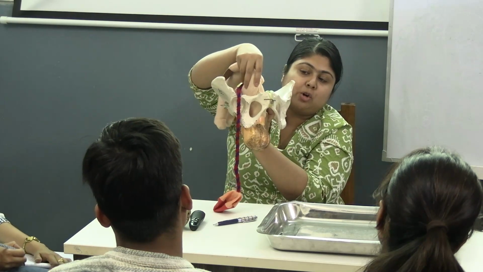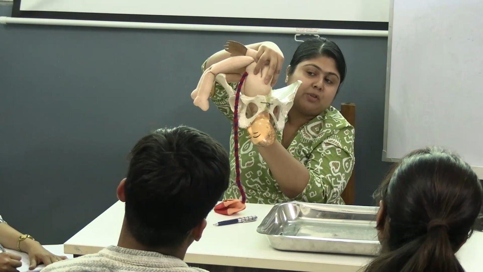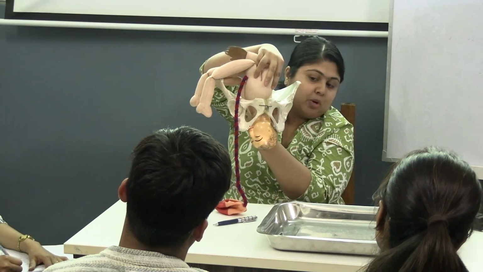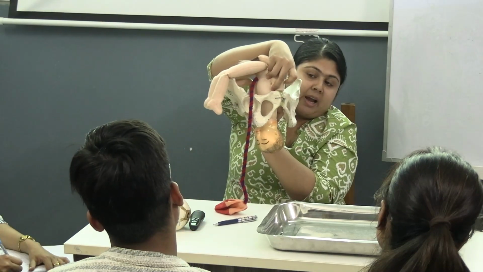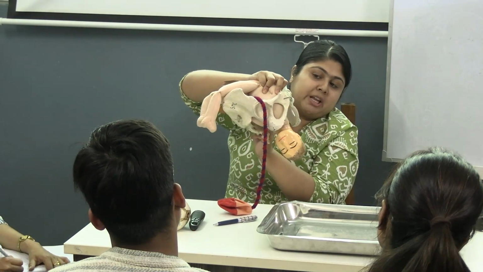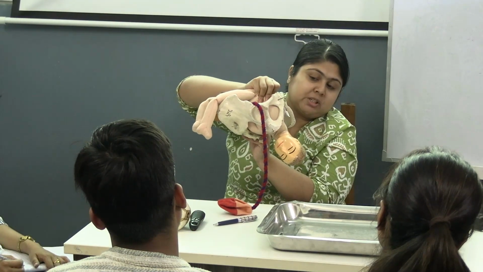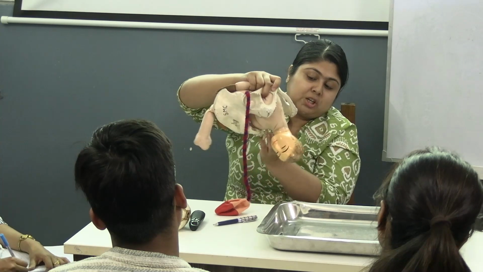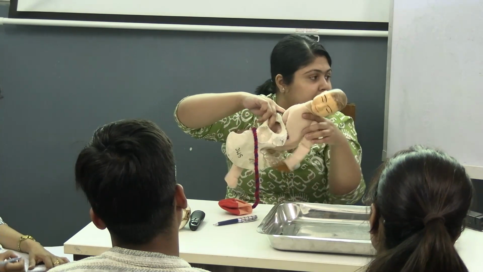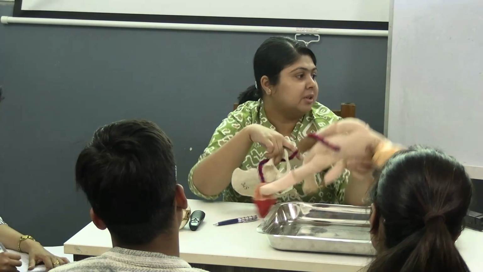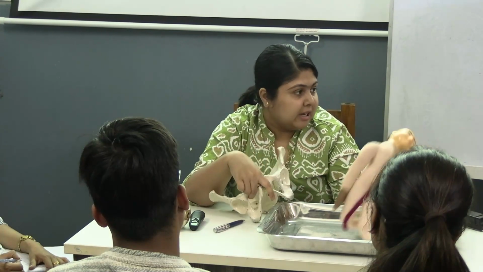See, as the shoulder rotates inside by 1/8 of a circle to come in the antero-posterior diameter, the head also rotates outside. And after that, the anterior shoulder hinges behind the symphysis pubis and slowly the posterior shoulder is delivered first, followed by lateral flexion to deliver the anterior shoulder and the baby gets delivered. This is the mechanism of labor.